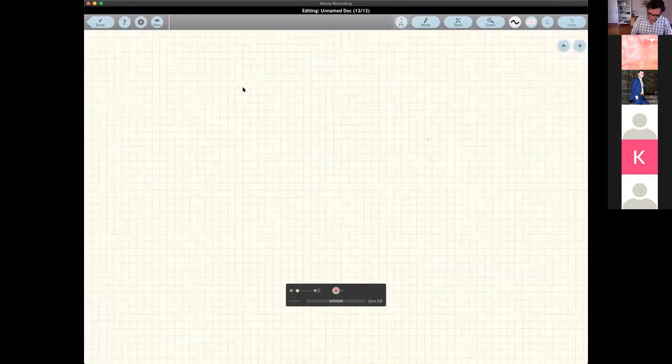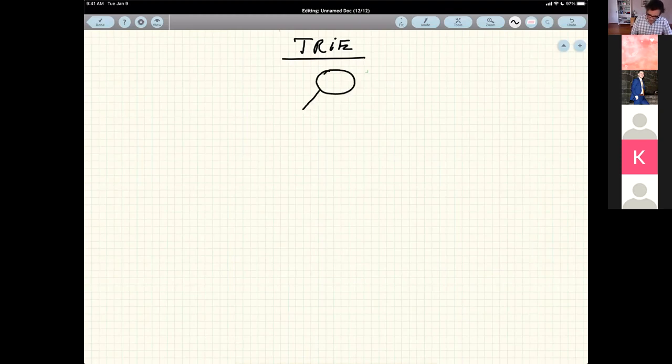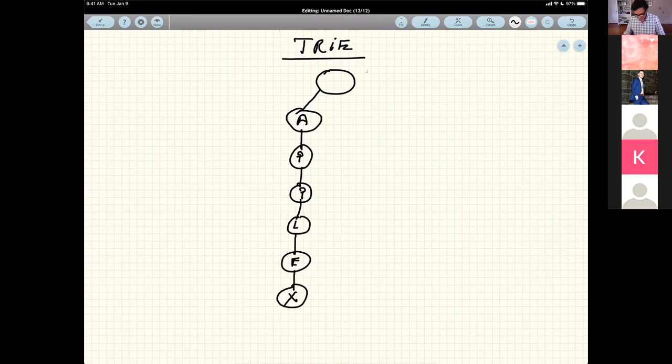So a trie is very useful for text processing, for looking up things. A trie starts out with letters. If I have the word apple, it will put itself into a tree, a trie, and the trie looks like this.